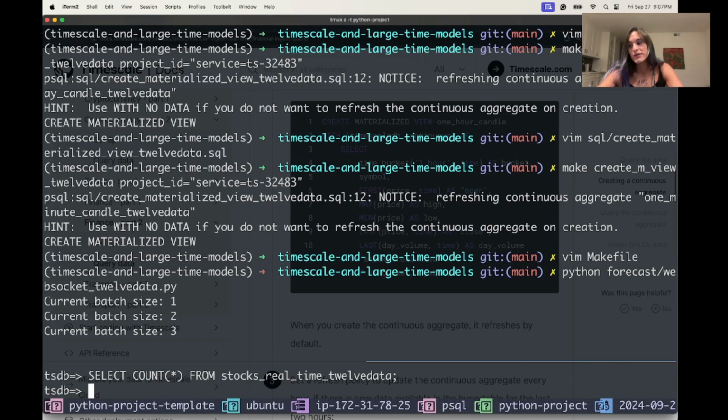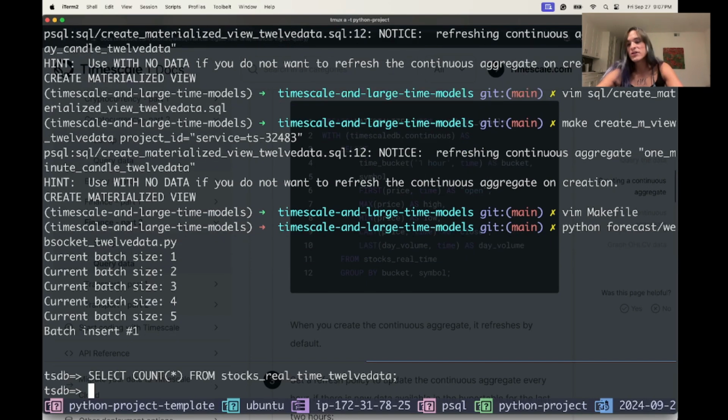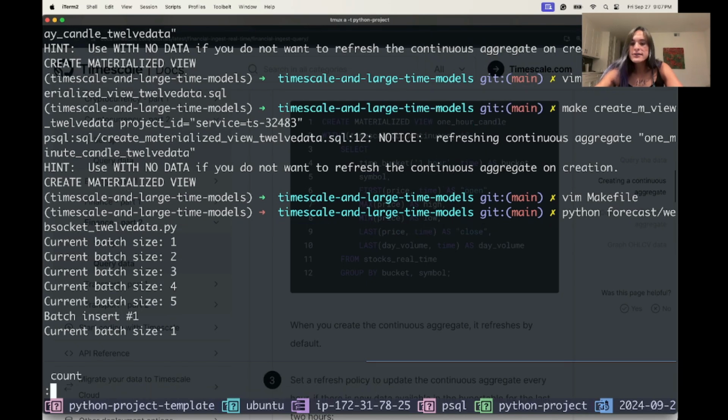Ideally, it shouldn't be updated because we want to rematerialize it by ourselves, but there is also no problem if that's happening. Okay, we have 25, that's expected, and we have 5, it's not being updated, and I'm very happy about that. However, that's a beautiful test. If we refresh